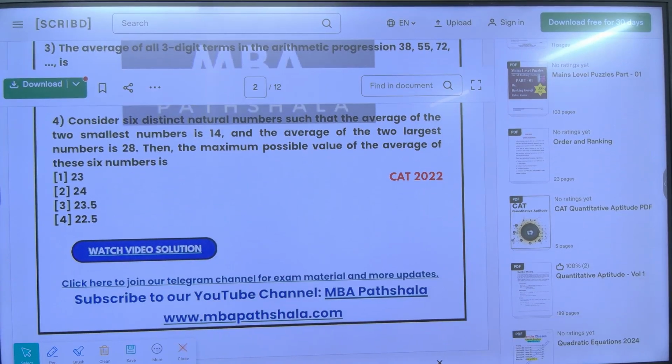ये वाला क्वेश्चन भी अच्छा है। 2022 एवरेज से प्यार हो गया था क्या इसको? कंसिडर 6 डिस्टिंक्ट नेचुरल नंबर। सी रीड द क्वेश्चन, वो कभी कभी ना वो रियल नंबर बोल देता है और तुम इंटीजर समझ बैठते हो नेचुरल नंबर। यहाँ क्लियरली बोल रहा है नेचुरल नंबर है, such that the average of two smallest is 14 and the average of two largest is 28. मतलब there are 6 distinct natural numbers. Means